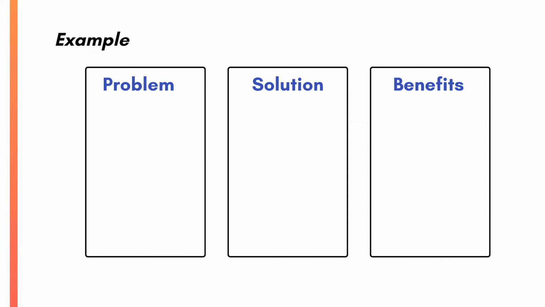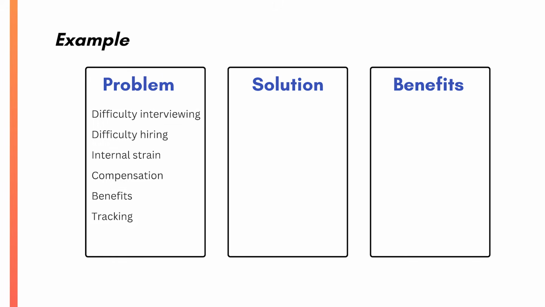This time, we'll pretend we're a staffing company and we're talking to a potential client organization, a growing company with whom we want to do business. The problem would be entirely focused on the challenges that this client is facing. With persuasive speeches, you have to tailor your message at every step to your specific audience. For example, we know this company is growing so fast, they're having difficulty interviewing and hiring people quickly enough to keep up with that growth.